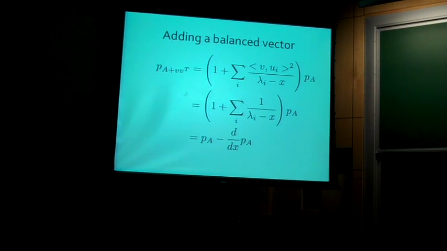So now let me actually show you, we can understand cleanly what happens to the characteristic polynomial when you do that. Again, here is my formula for the update of the characteristic polynomial. Imagine what happens when I add a vector v whose inner product with all of the ui's is the same. Let's say its square of the inner product is 1. My new characteristic polynomial becomes this, which is actually just equal to the old characteristic polynomial minus its derivative. So if you were so lucky as to have a vector that you could add in that had equal inner product with each of the present eigenvectors, what it would do is change your characteristic polynomial by subtracting its derivative. It's a very handy formula.